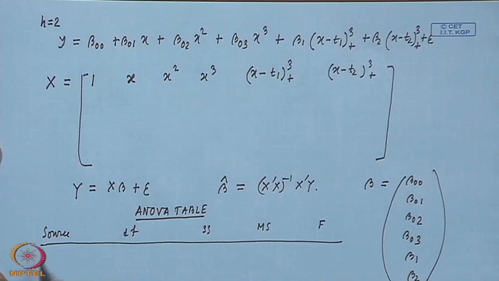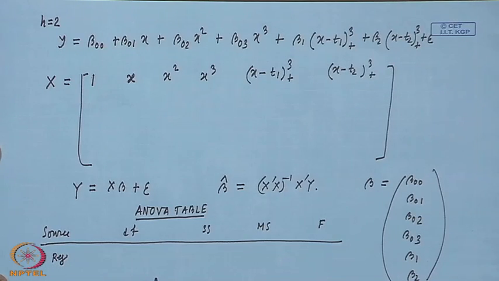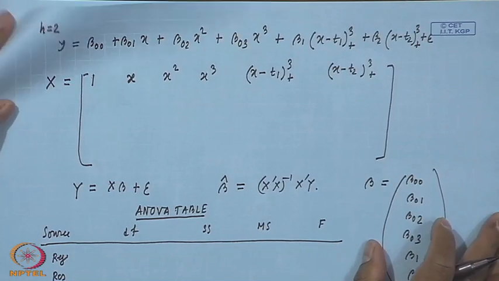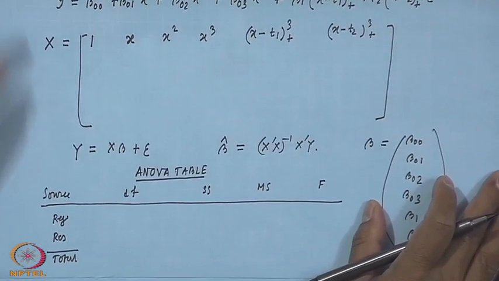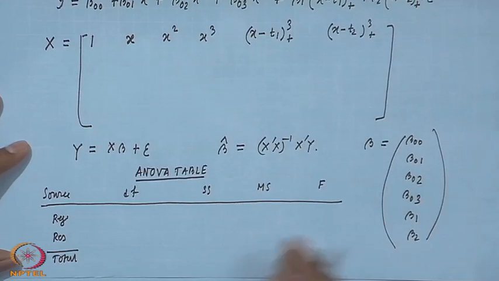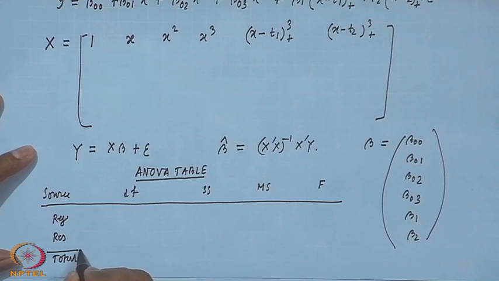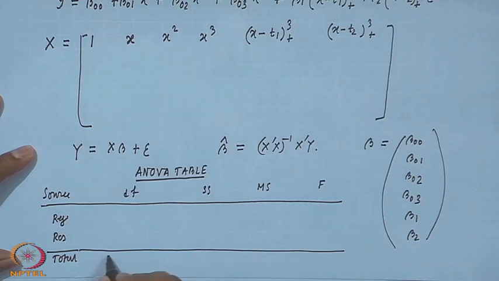The source is the variation: SS regression, and then residual, and here you have the total. Okay. And if you have n observations, then the degree of freedom for total variation, SS total, is n minus 1,